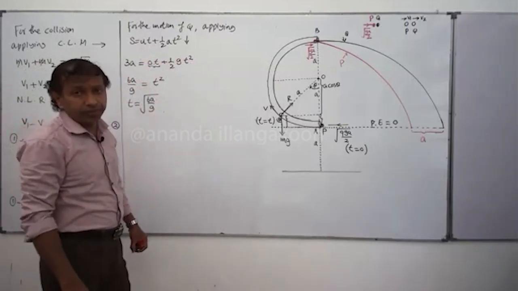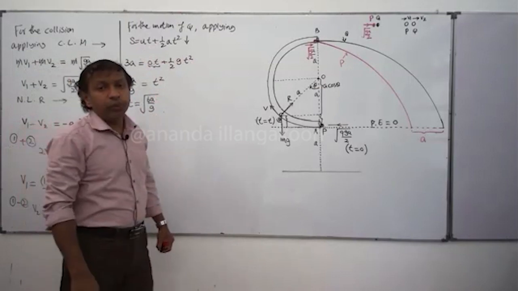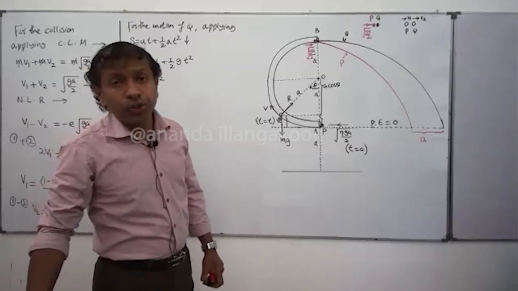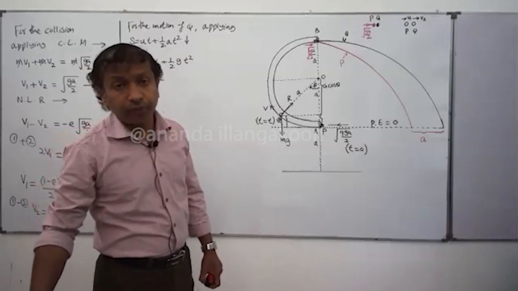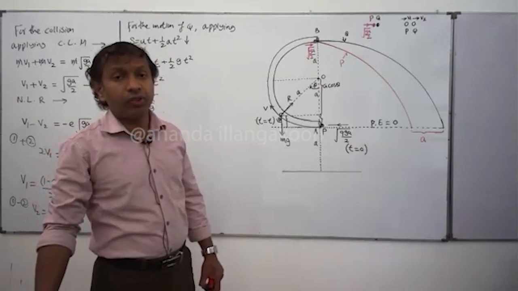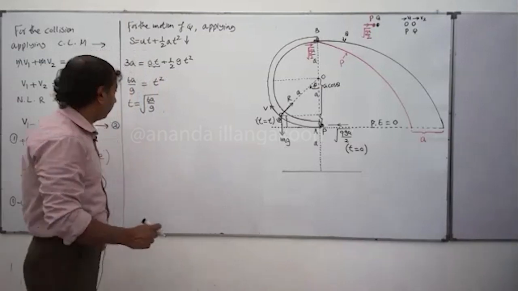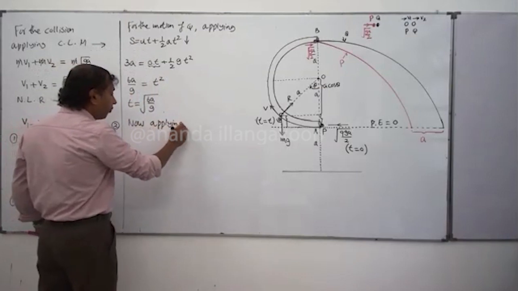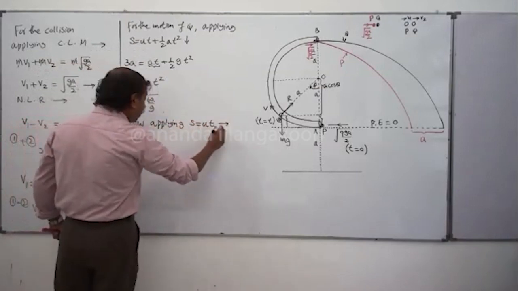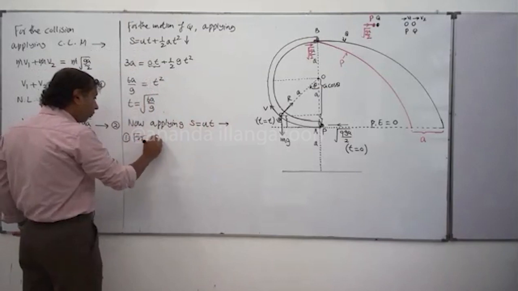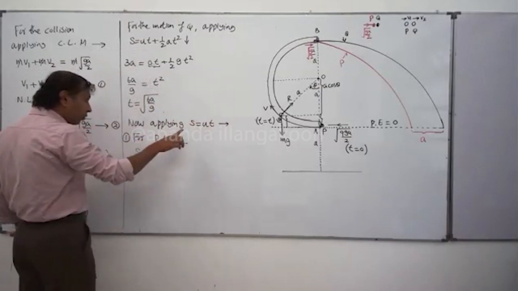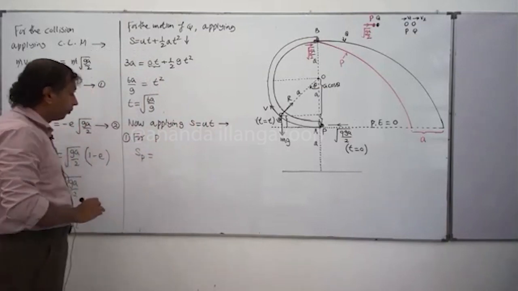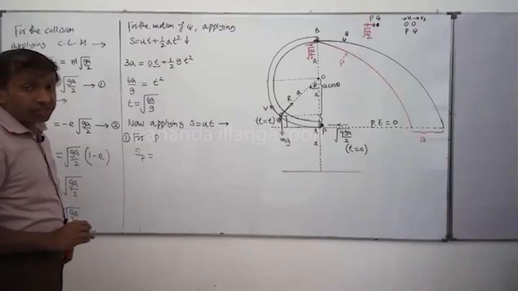Now this is time. Now what I do is, we'll find the horizontal displacements traveled by both P and Q. That can easily be found applying s equals ut for both P and Q rightward, right? Now you can write, applying s equals ut rightward, number 1 for P. What do you get? I apply s equals ut for this P rightward, then I take the horizontal distance traveled by P as sp,